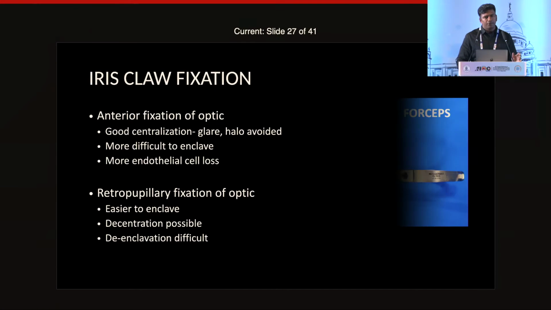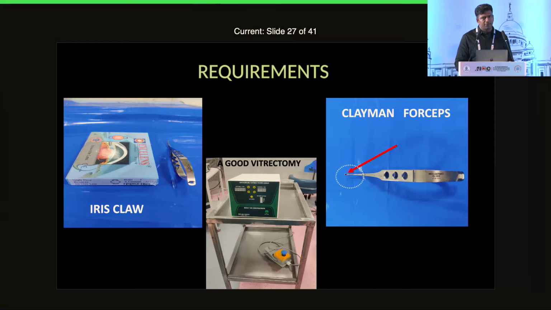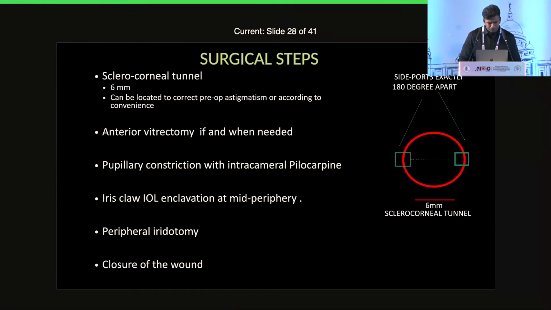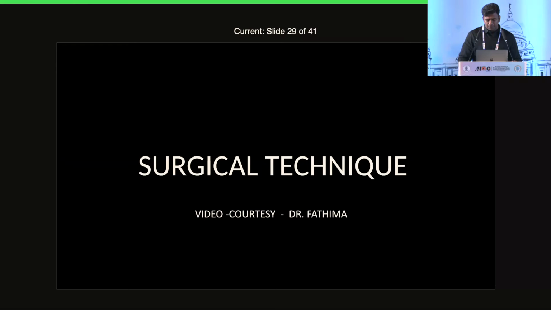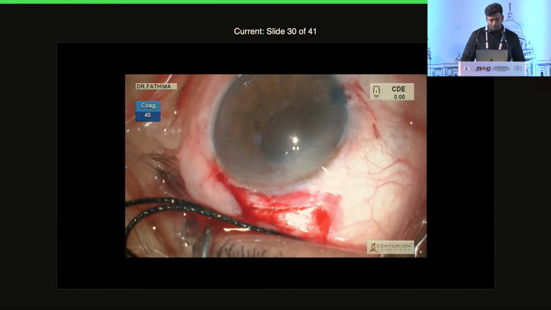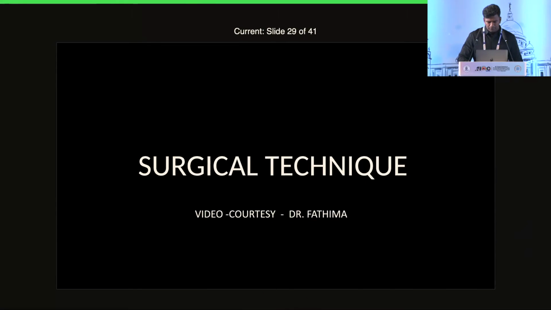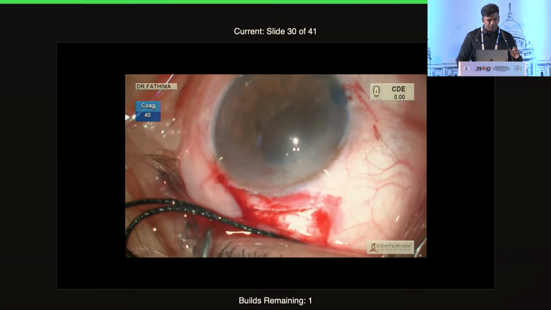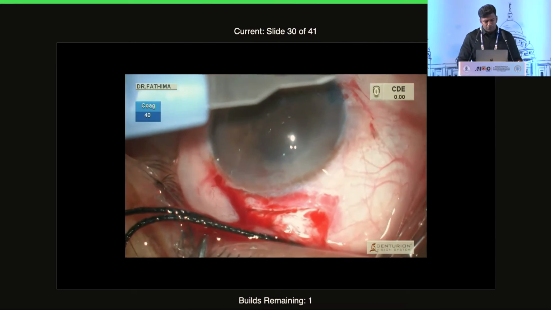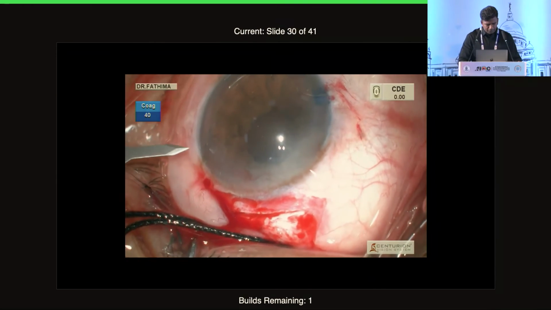So you can do anterior fixation and posterior fixation. It's always safer to have an anterior fixation. This technique, you require the iris claw lens, which is a special PMMA lens, Clayman forceps, and a good anterior vitrectomy setup. So we'll just go into the surgical video. So this video is by Dr. Fatima madam. Once you have completed proper anterior vitrectomy,